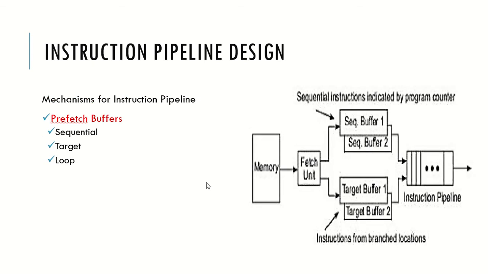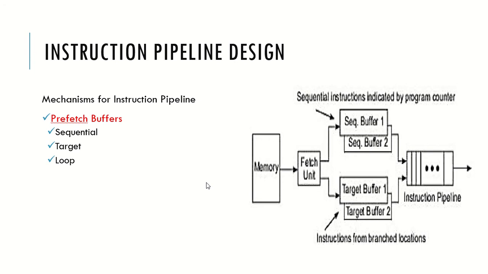As the name says, prefetch buffer is going to help with the fetching of instructions as well as data, or what we say the operands. There are some dedicated buffers which are capable of holding some data, some intermediate values, so that you can use it at a later time. There are 3 types of buffers available: sequential buffer, target buffer, and finally loop buffer.